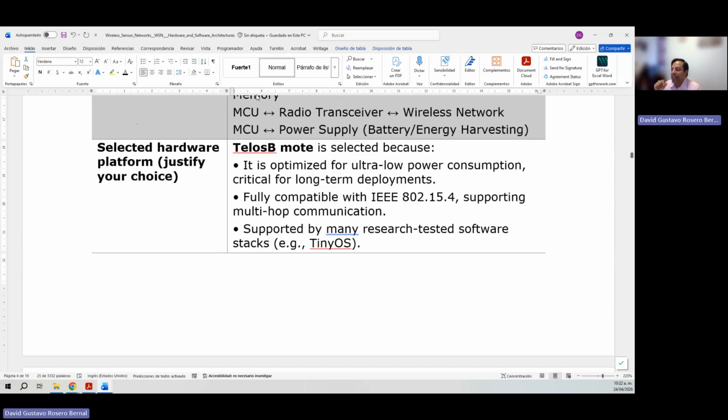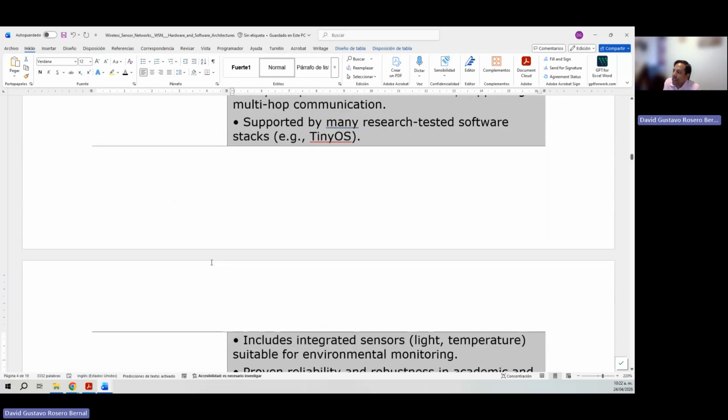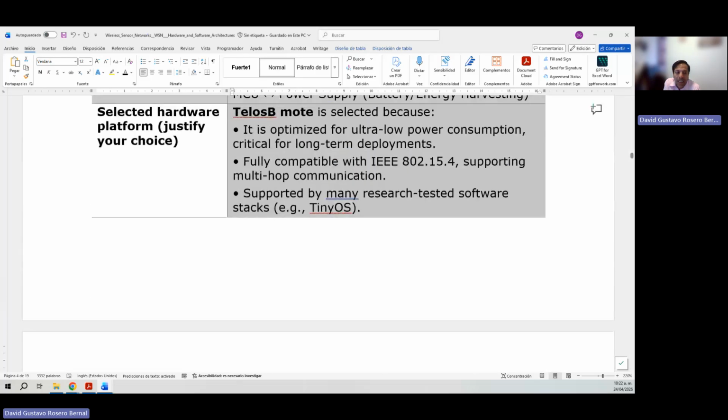For the platform, we had selected the TelosB, and these are the reasons why we have selected that. I have selected it for the ultra low energy consumption, which is critical for maintaining the functionality over months or years. It has also full compatibility with this IEEE standard, enabling robust multi-hop wireless communication